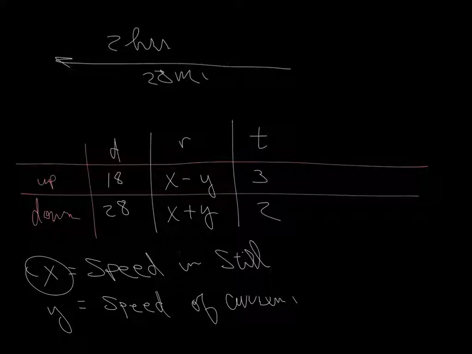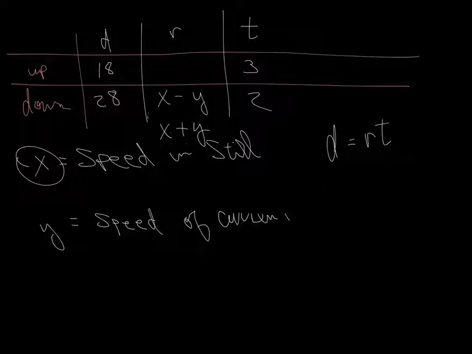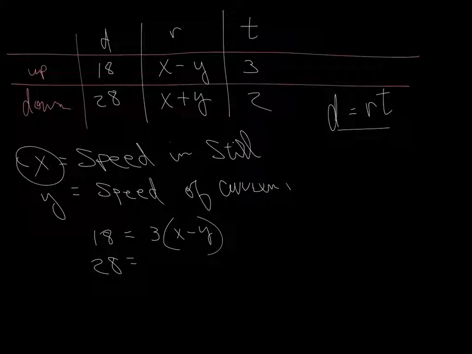Okay, so if you remember, the formula for distance with rate and time is d equals rt. Alright, so let's go ahead and move this up a little bit. We'll move that up there, and we'll move that up there. Okay, so that's what we want. So we're going to use this formula, distance equals rt. So going upstream, it's 18, distance equals rt. Let's put the t first. Okay, so that's the formula going upstream. Downstream is 28 equals,